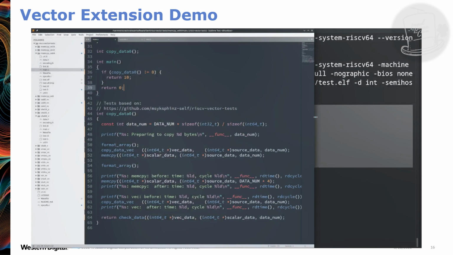Okay, so this is the vector code that I'm running. It's based on this guy's GitHub, and then I've made some changes to it. We're running through two tests. We're doing a memcpy with just a libc memcpy, and we're doing a vector version of memcpy using the vector instructions. You can see here that I'm running it twice, the first time and then the second time.